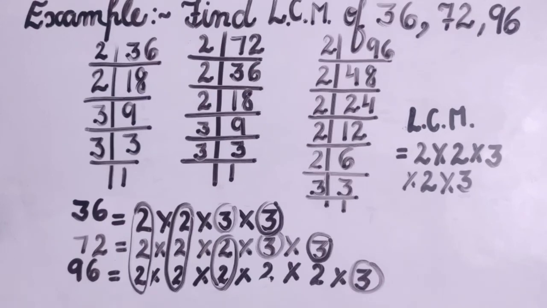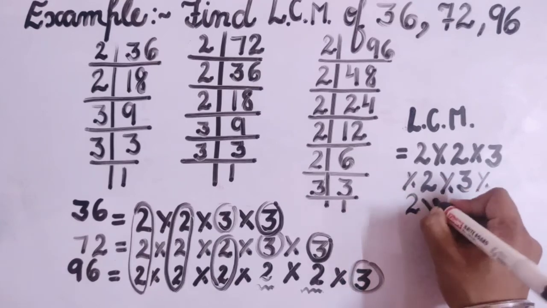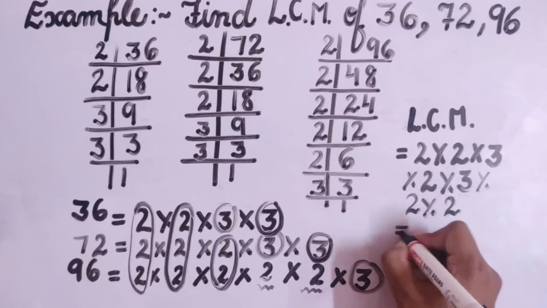So now last, or we can say last second, fourth step is the factors which are uncommon or the factors which are not same in the given numbers. Let's find out them. One is 2 and second one is 2 also. Let's write them also. Multiply 2, multiply 2.